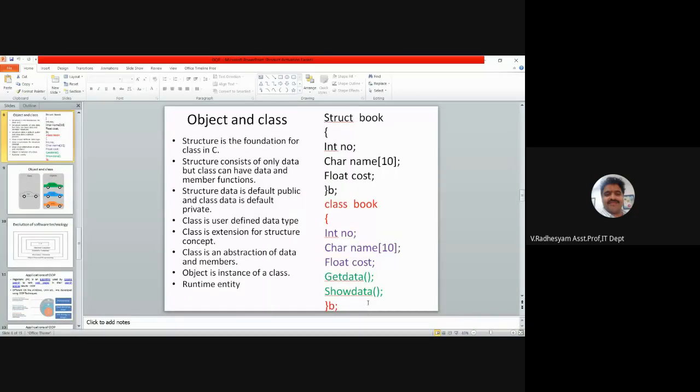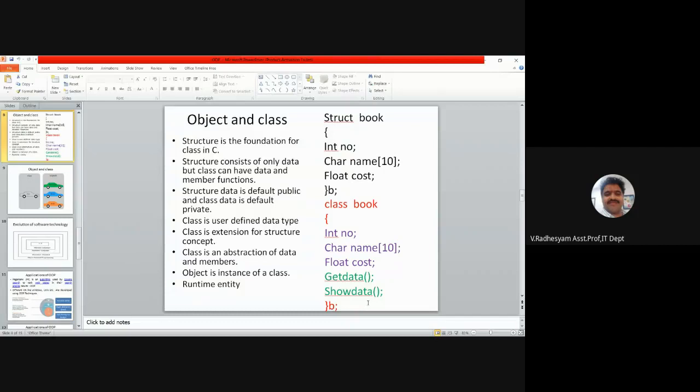Here we got our motivation from how our journey started, from learning about a structure to the class. A structure is like a foundation for a class. A structure consists of data itself, but a class consists of data and member functions both. A structure has a name, and a class also has a name.